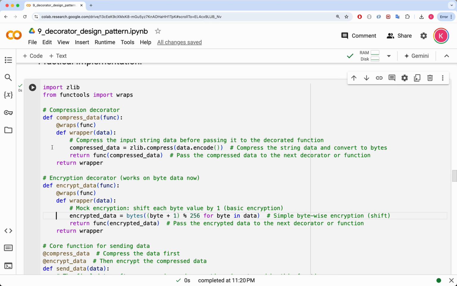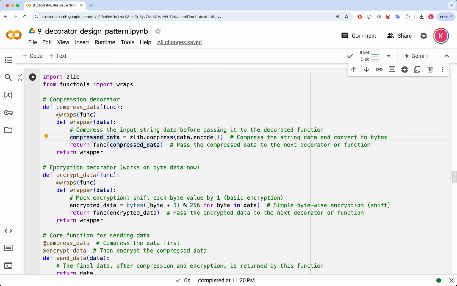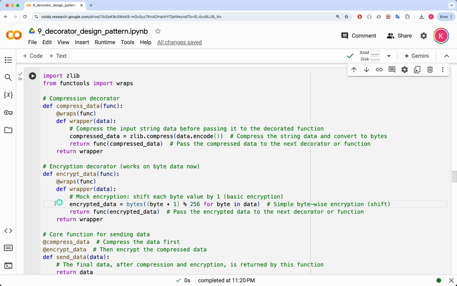The compress_data decorator first compresses the input string using the zip.compress method, which reduces the size of the data, making it more efficient to store or transmit. Since the input data is initially a string, it is first converted to bytes using data.encode, allowing the compression algorithm to work properly. After compressing the data, the decorator passes the compressed version to the next function or decorator in